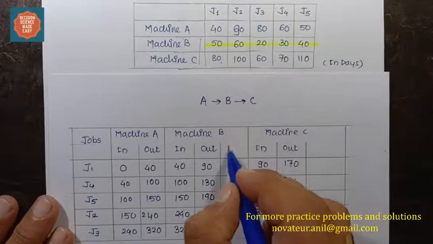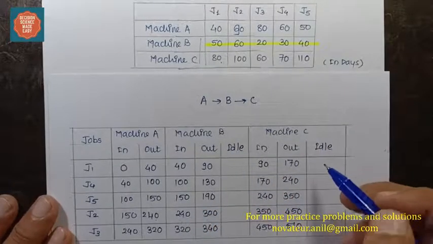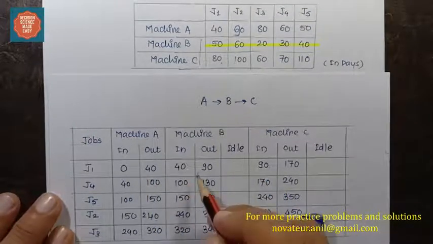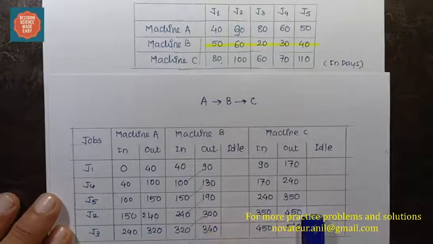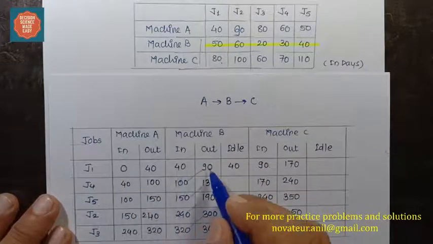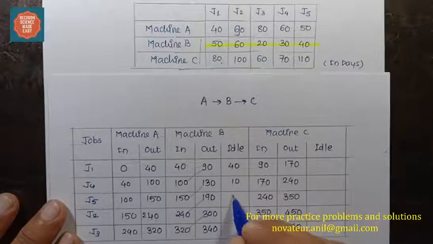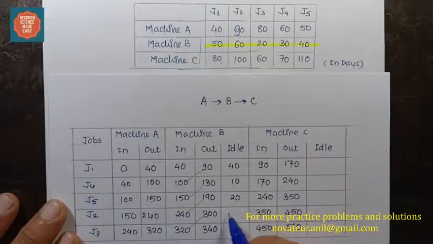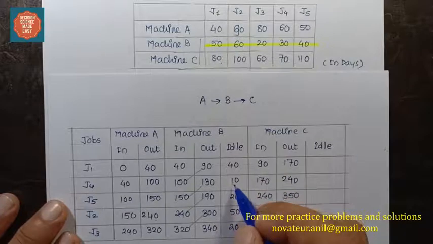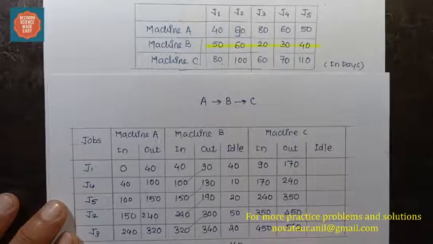Now I'll find out the idle time for machine C and the idle time for machine B. So here for C, as we have seen in the previous problem, the idle time for machine B is 40 till it gets the first job. Here the difference we need to calculate diagonally, that is 190, so it's 10. Here it is 20. Here it is 50, and here it is 20. So I'm going to sum this up: 40, 10, 50, 70 and 70. So this is nothing but a total of 140.